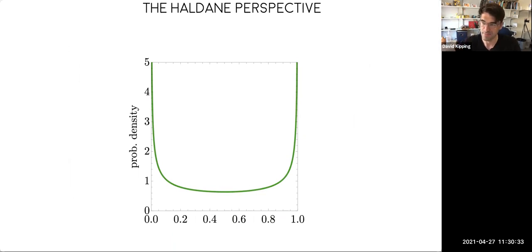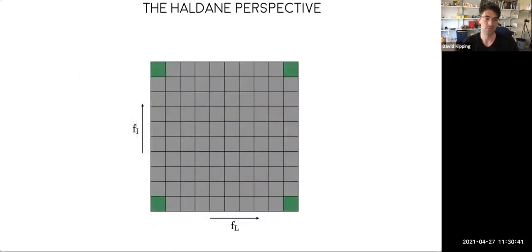This is, remember, our bowl-shaped prior. We're expecting either life happens all the time or life hardly ever happens. And we can actually make it 2-dimensional. We can think about Fi, the fraction of life forms that go on to form intelligence, and FL, the fraction of planets that go on to form life, as a 2-dimensional surface. Taking that bowl-like shape in 3 dimensions, we would have these hot spots in the corners. These spots, of course, have equal probability to each other a priori because of the symmetric nature of Haldane's prior. It is symmetric between those 2 extremes.